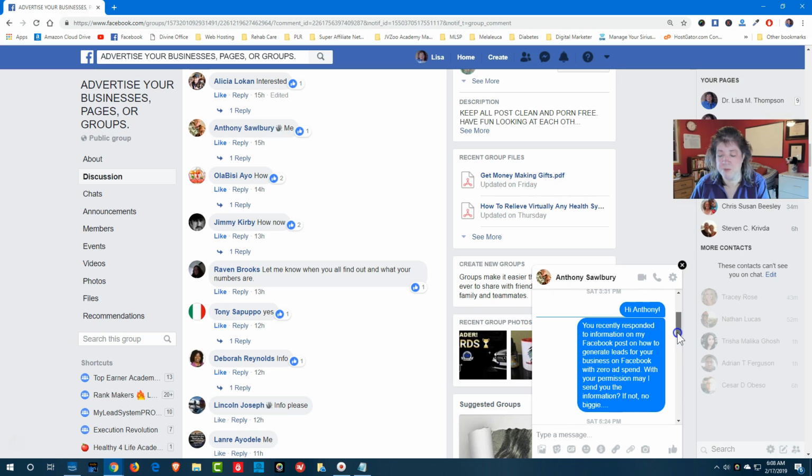This is really important, because Facebook doesn't like it if you're not friends with someone and you send them a link. That can get you into a Facebook restriction. They can put you in Facebook jail and won't have you messaging.